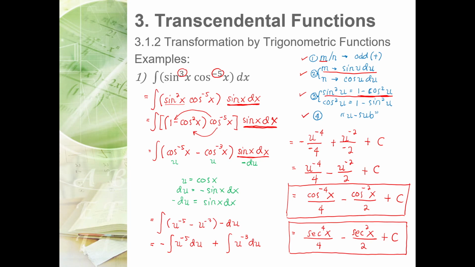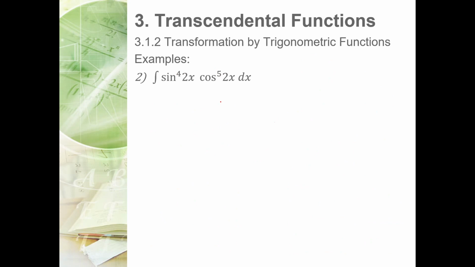Okay, so for this example, do you have questions? Okay, so wala ra. So let's proceed with the next example. We have sine to the power of 4 2x, cosine to the power of 5 2x dx. Again, we need to observe the given exponents. So again, if you try to write the process,